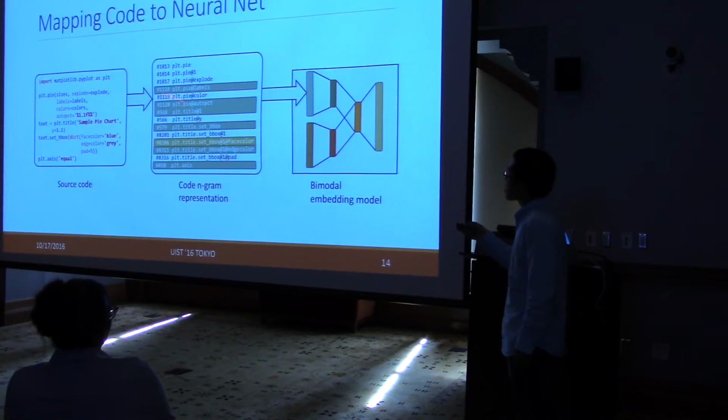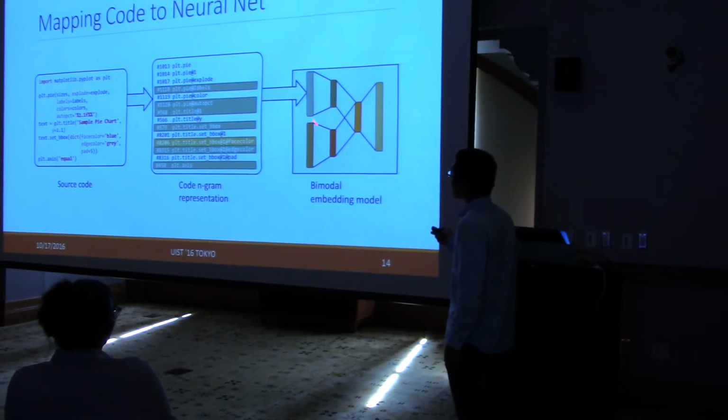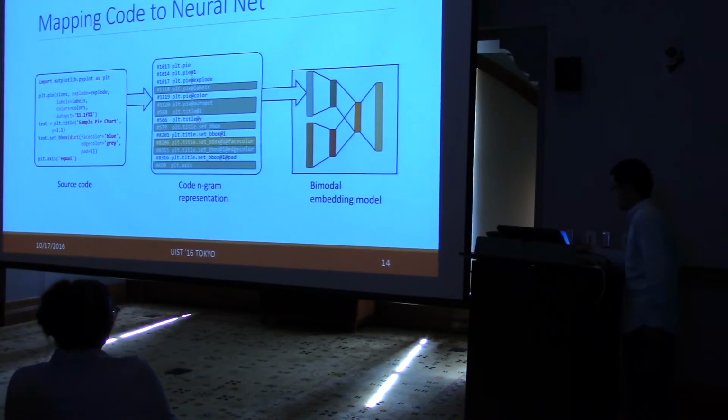And then these are the different possible available paths, and then we count these paths over all the code examples we have collected, so that we can build up a dictionary here. And then the next time we see a new source code, we know how to map to the different entries on the dictionary. So that's how we solve the first problem.